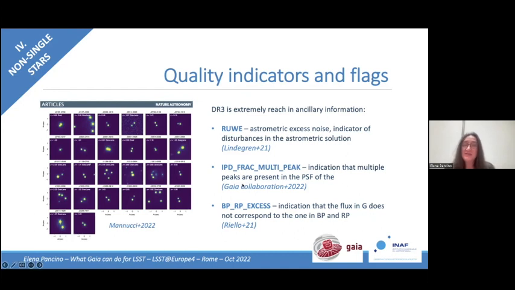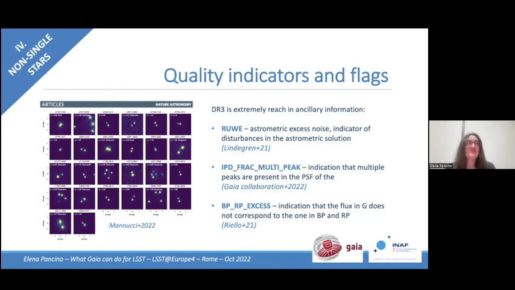But there are less known indicators, such as all of the ones concerning the image parameters determination, so the processing of the PSF and LSF of each object. One of these is the frac_multiplicity, the fraction of transits in which an object appears double or multiple.